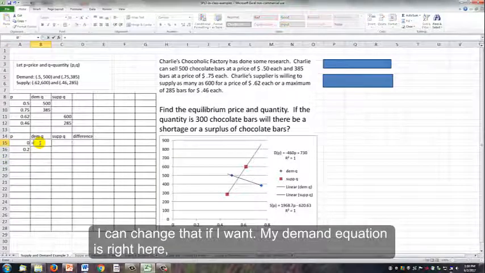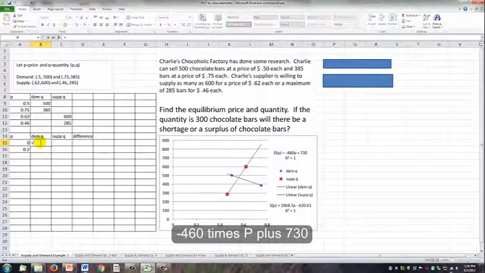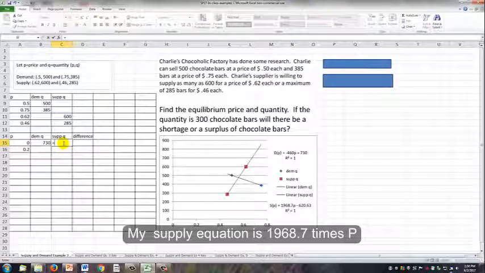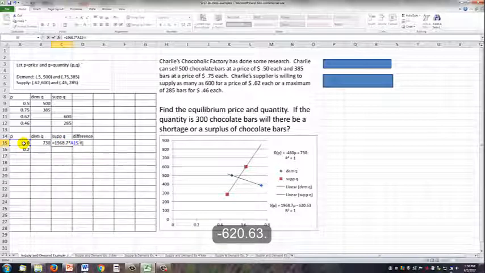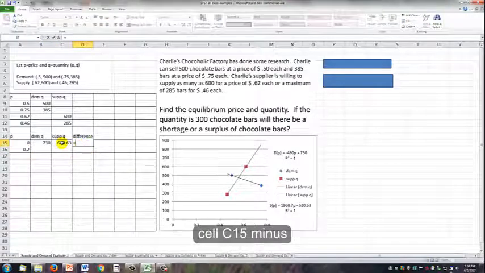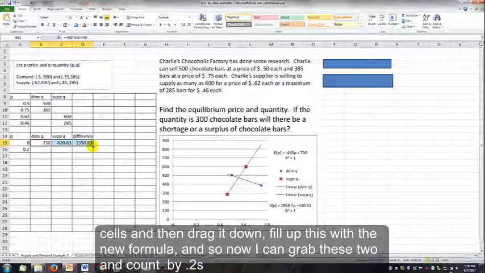My demand equation is right here, and it is negative 460 times P plus 730. My supply equation is 1968.7 times P minus 620.63. My difference column is going to be cell C15 minus B15, and I'm going to select these 3 cells and then drag it down, fill up this with the new formula,